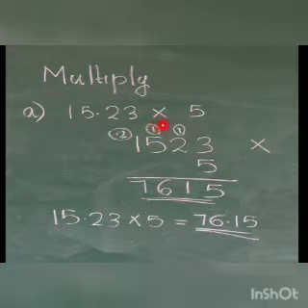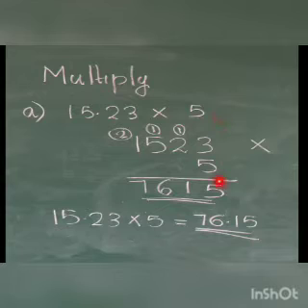15.23 into 5. You have to multiply 15.23 with 5. Here one number is a decimal number and the other number is a whole number. So here what we are doing is taking 15.23 without the decimal point. That means 1523. I'm not taking the decimal point and I am multiplying as usual multiplication. You know how to multiply two numbers, isn't it? Especially this is a one digit multiplication, so you already know it. So without putting the decimal point, I am multiplying the given number 1523 with 5.